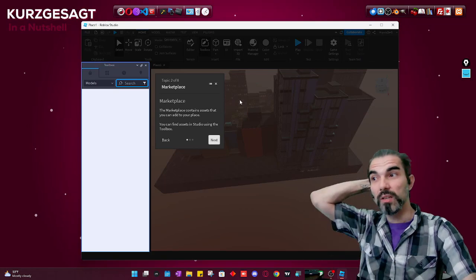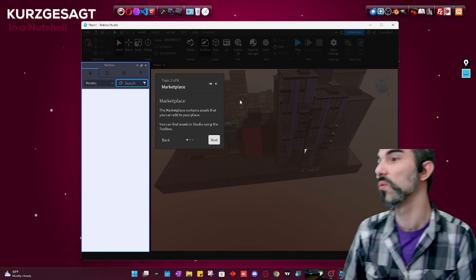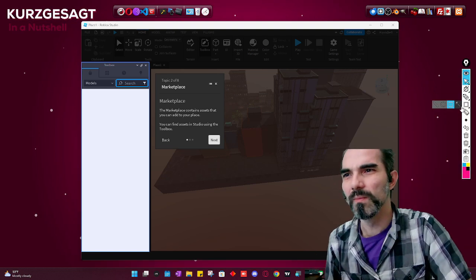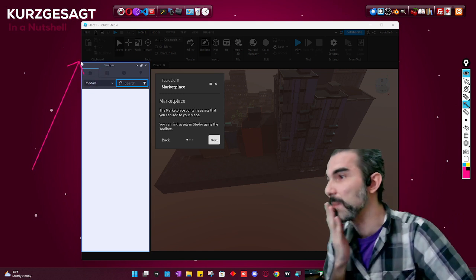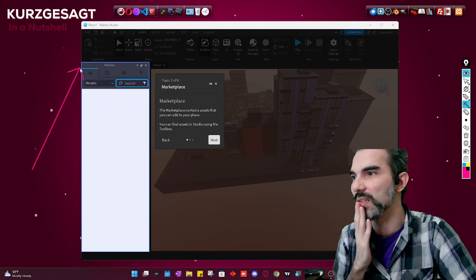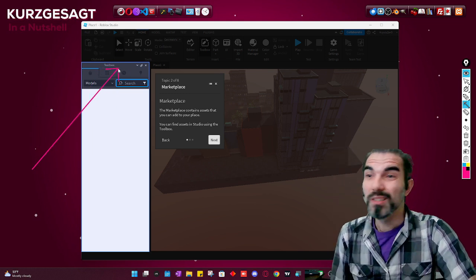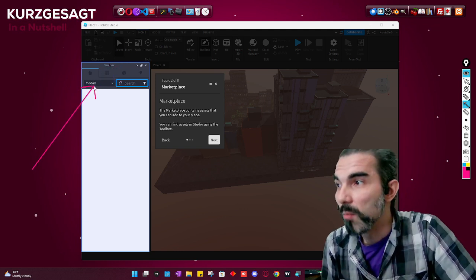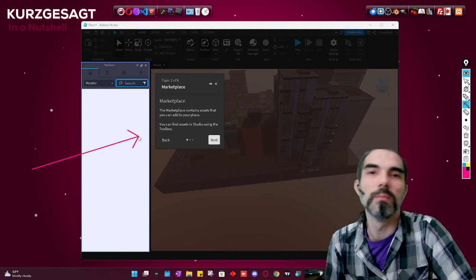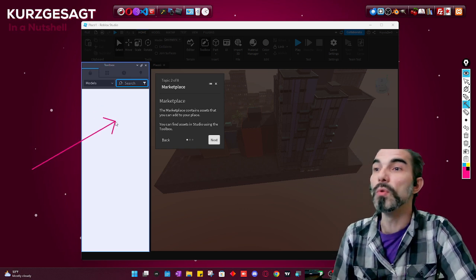Okay, so here's where it gets interesting, and I'm happy that they're separating this, and we can actually go through this. I was going to do some fancy little arrows over here, but I'm glad they're at least giving me the little box here so we can focus. Toolbox. As I mentioned before, this is where all your 3D objects are going to be. Other people make these models and upload them to the Roblox space, and it becomes a community tool which can essentially be reused by somebody else.